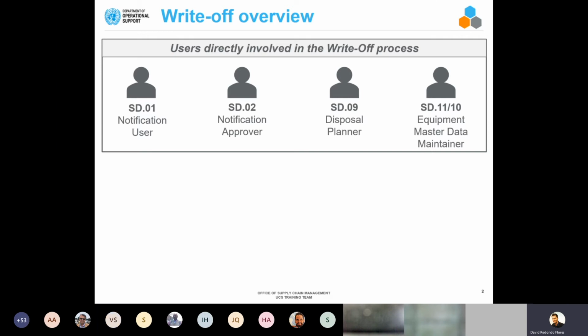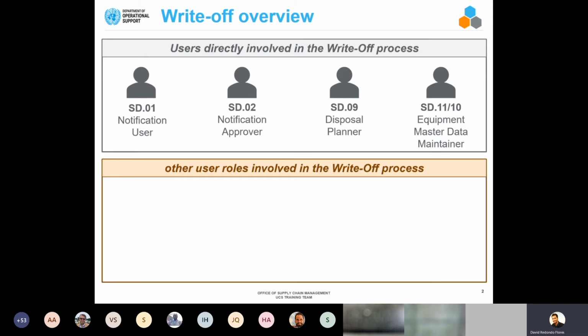Remember, this process is very important, not only because of all the KPIs and BI reports about write-off, but also because in terms of physical verification, if we don't have the equipment master record properly updated, we will have inconsistencies. There are other users involved in the write-off end-to-end process, like, for example, the fixed asset accounting user, FA15,